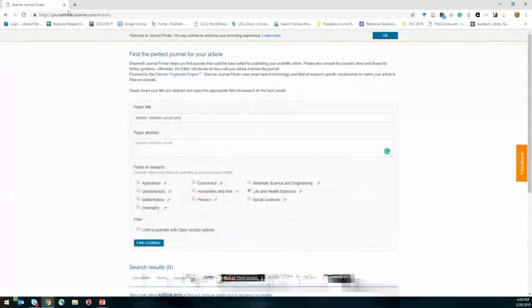Okay, so there are a few tools that allow you to not only identify a journal within the subject that you're publishing in, but also see the impacts and citation metrics for those. The USA Library has something somewhat similar.